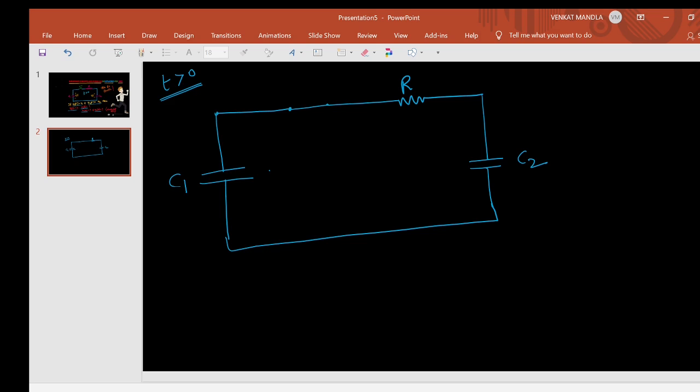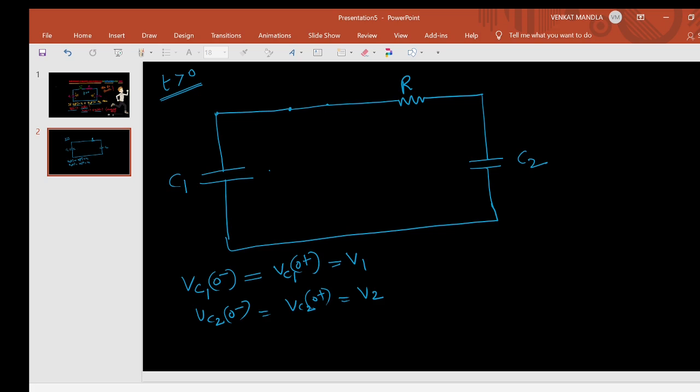what are the voltages across these capacitors? We know that capacitors do not allow sudden changes in voltage. This is the property of the capacitor, right? So whatever voltage is present across the capacitor before the switching action, that is at t equal to 0 minus, the same voltage will be present at t equal to 0 plus. Vc1(0-) is given as V1, and Vc2(0-) is the same, so Vc2(0+) is V2,